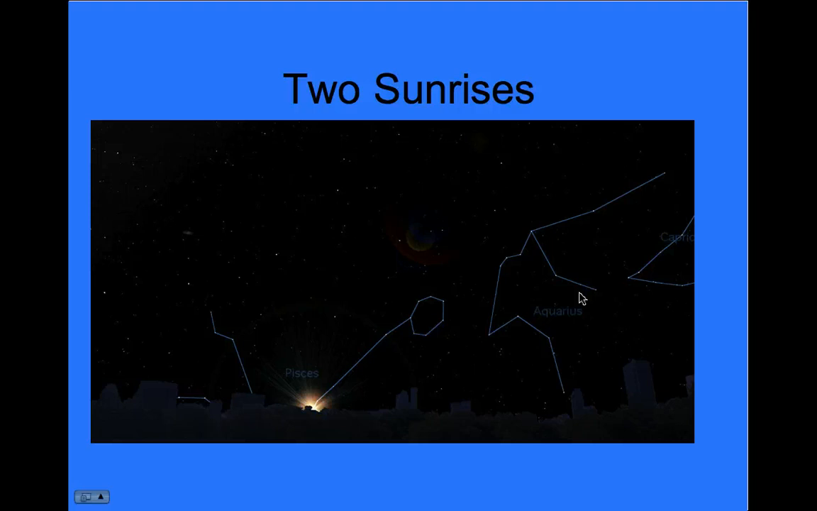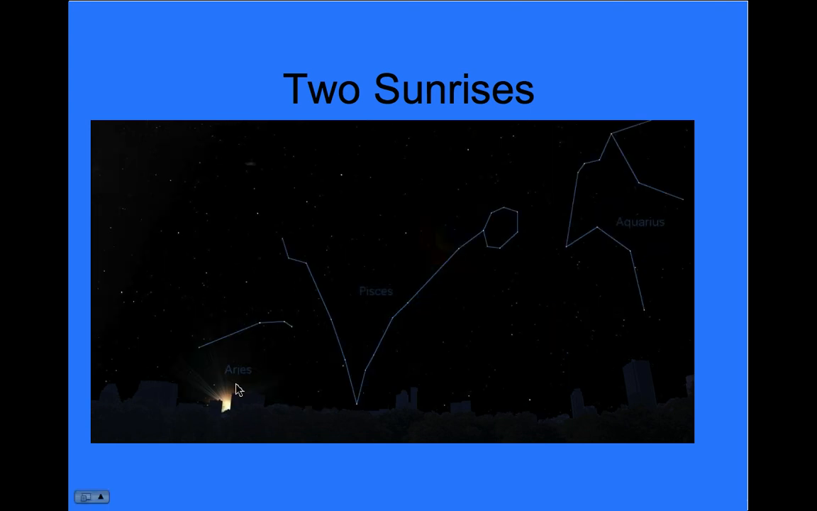Now the sun, here's the sun just about to rise, and just before it rose, the constellation Pisces had just risen. If I look a month later at a sunrise, this is in May, now Pisces has already risen, and the sun's over here in the Aries